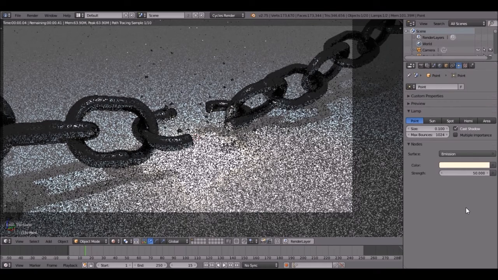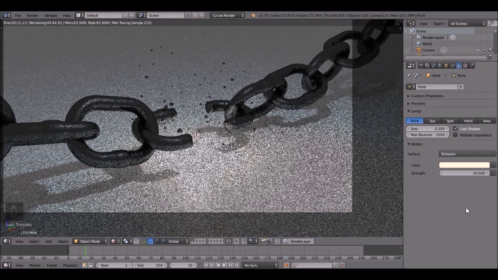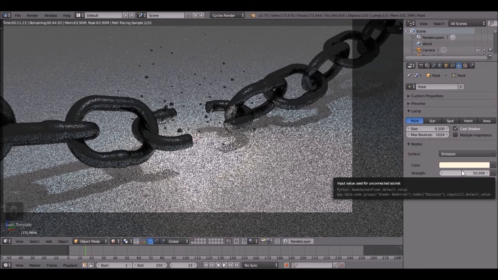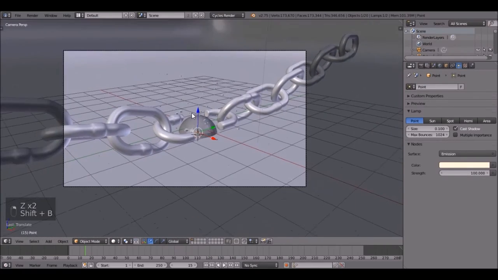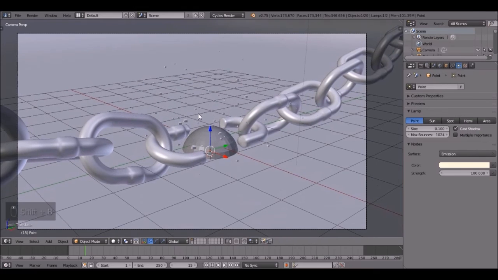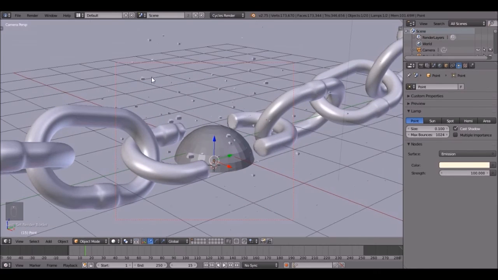That looks pretty nice. My computer is being really slow. You know what? Let's try 100. And I'll show you guys another trick that I learned a pretty long time ago. If you press Shift B, you can box select like this sort of thing and draw a box around where